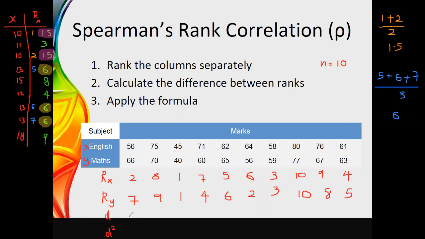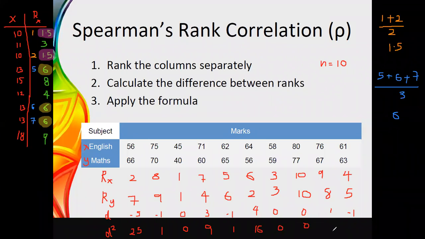Therefore, if I take the difference between rx minus 1, ry, the values are minus 5, minus 1, 0, 3, minus 1, 4, 0, 0, 1, minus 1. And now in the next row, I am constructing the values for d squared. Here I am getting 25, 1, 0, 3 squared as 9, then 1, 16, 0,